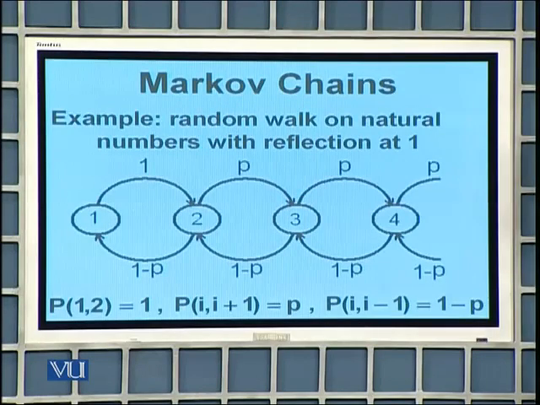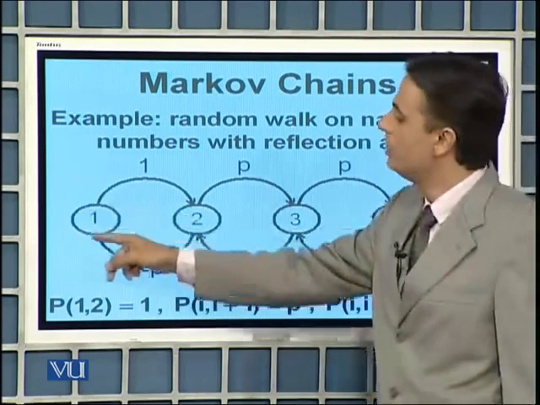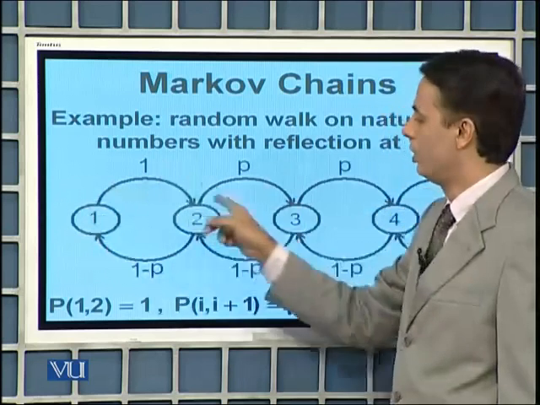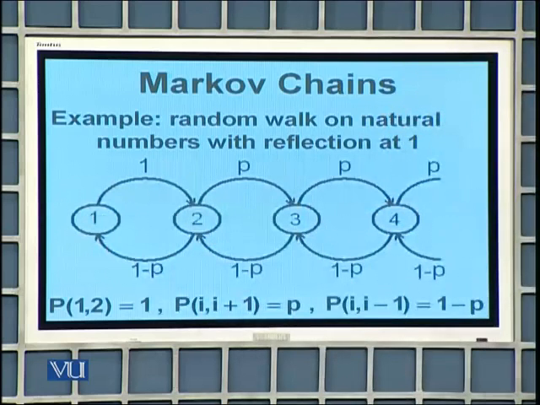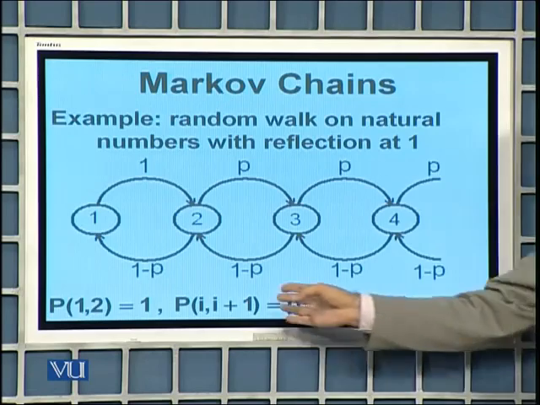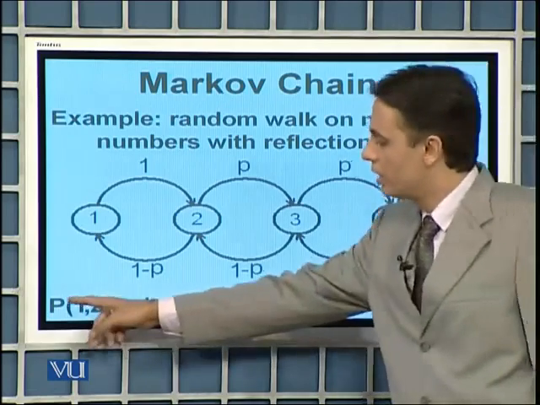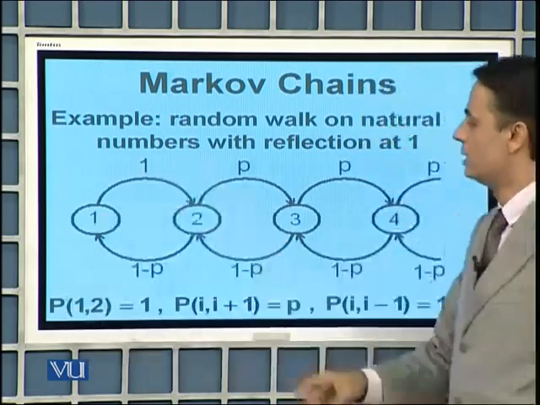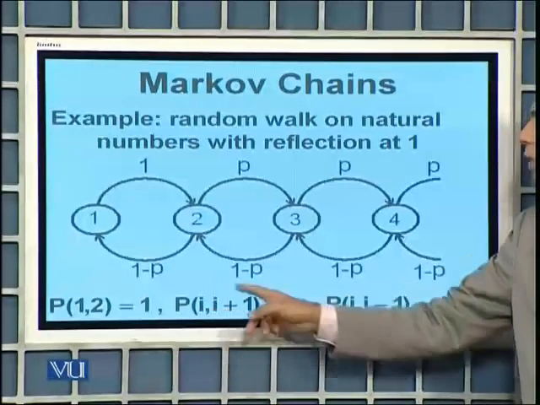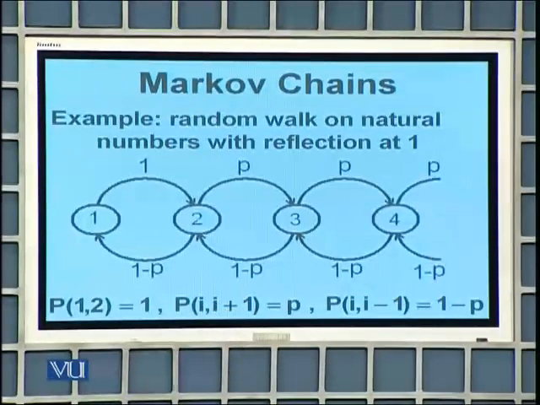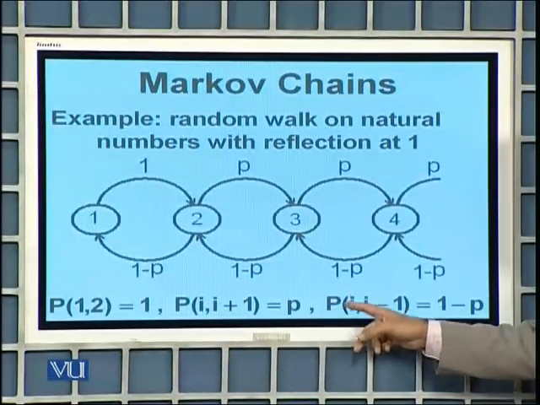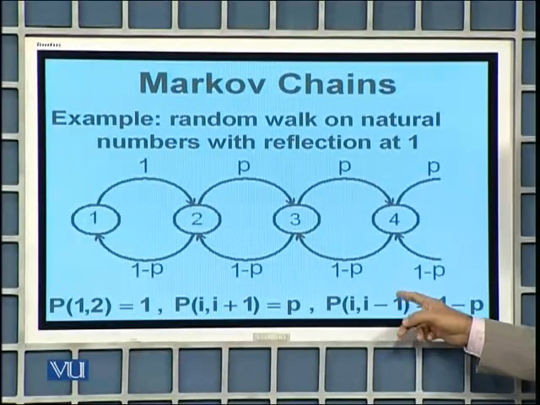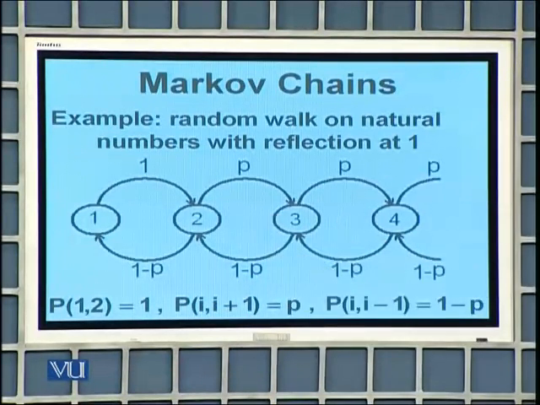There is one exception though. If you are at state 1, on the next observation you will always go to state 2. This state has a perfect reflecting characteristic. The transition probabilities are also shown on the bottom, where P_{1,2} is 1, P_{i,i+1}, the right side jump, has probability P, and P_{i,i-1}, the left side jump, has probability